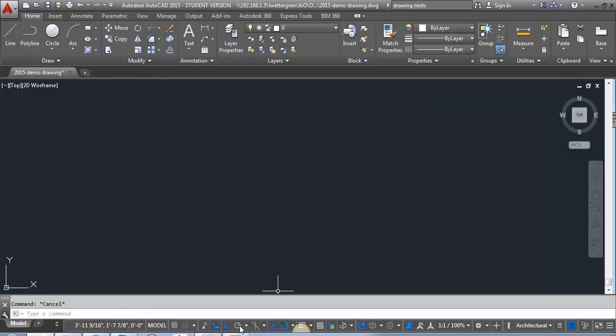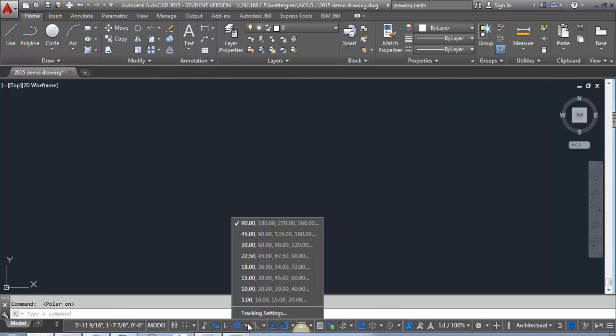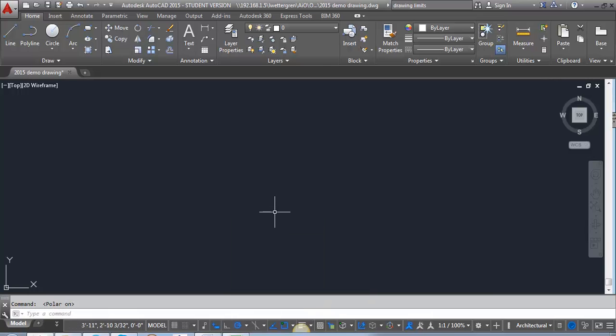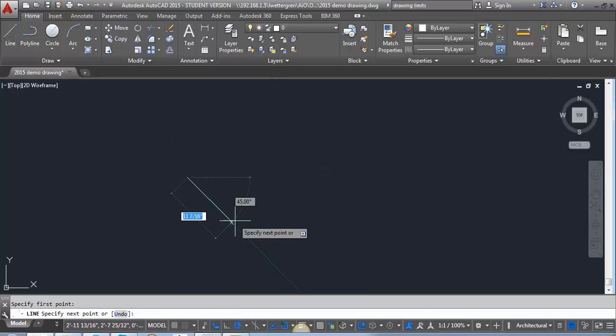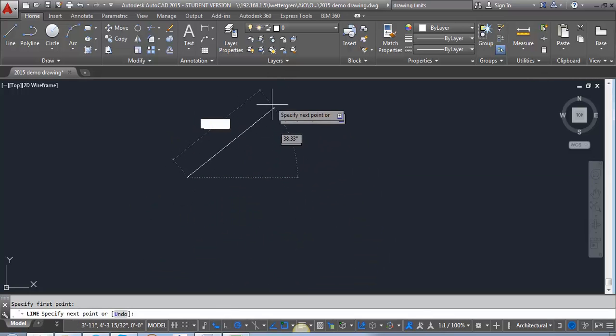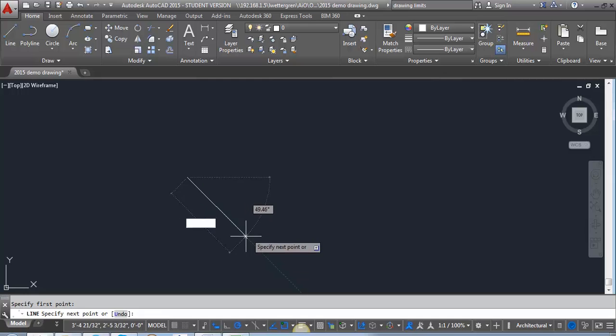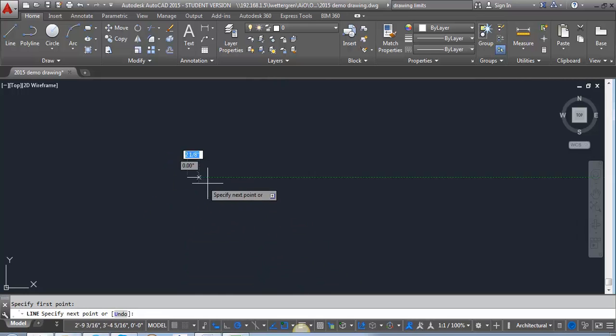With polar tracking, what you can do is set it to a specified angle. So if I set it to a 45-degree angle, it still allows me to draw to any angle, but it locks the cursor in. As I get to 45 degrees, it locks it in, so it makes it easier for me to draw angles based on a 45-degree angle. It also gives me the 0, the 90, and all of those. So that's